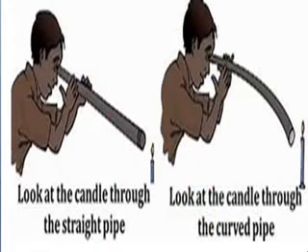Now let's do an experiment, a very simple experiment. You can do it yourself at your home also. Take a candle, make a hollow tube, or you make a roll out of your paper, and try to see the candle. When your hollow tube is straight, then you can see the candle. If you bend it, then you cannot. This proves that light travels in a straight line.